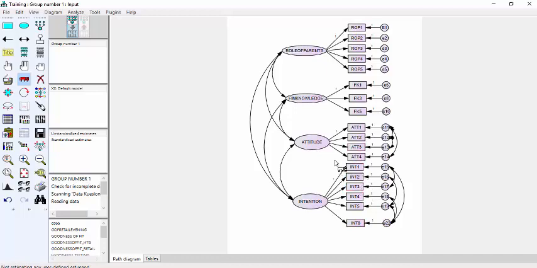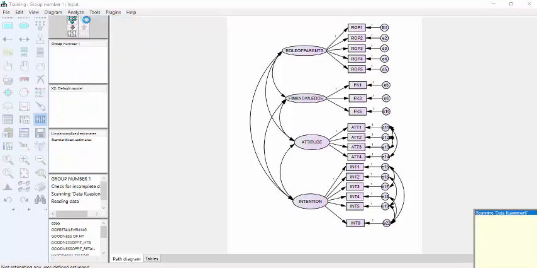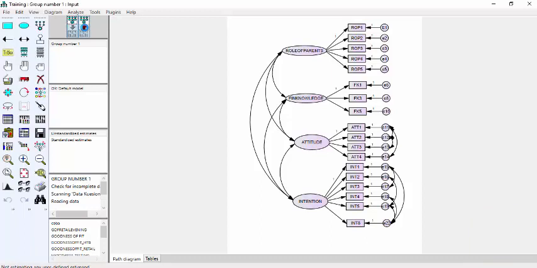That's why I only eliminate one by one, and then we try the analysis again. Now, go to analyze, calculate estimate, and click on the red button